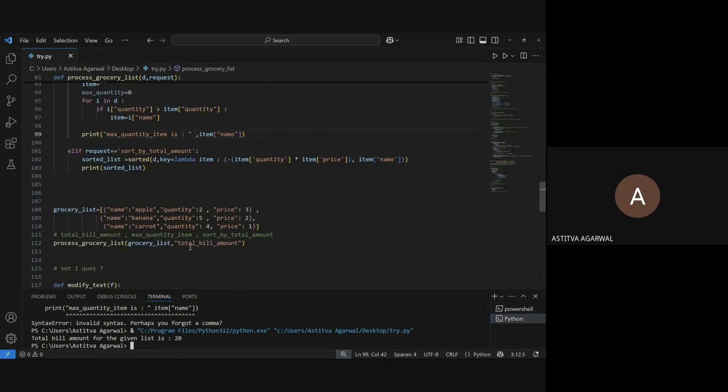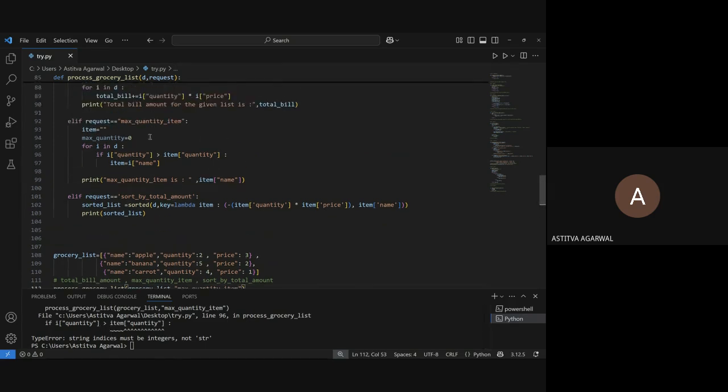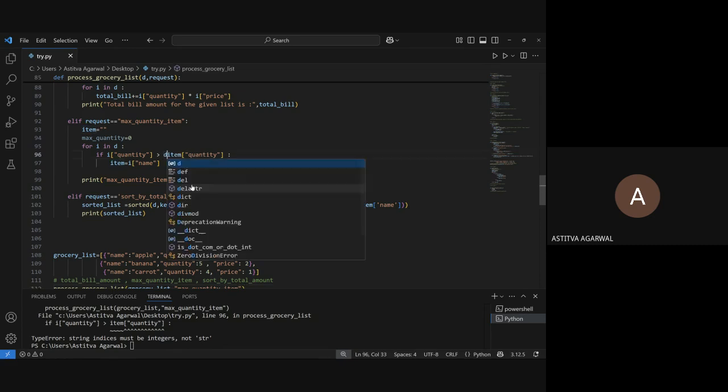Now we can try another, that is max quantity item. Okay, that is giving me an error. So what can I use? I can use this max quantity only, since we have C and D. If D has many of these dictionaries, and those dictionaries have that item, then we can look in that. We can also use D of